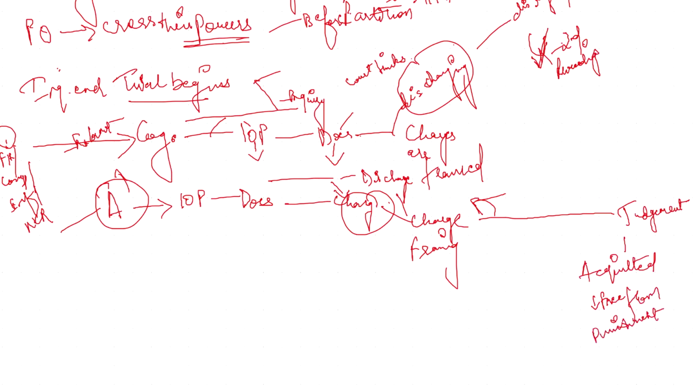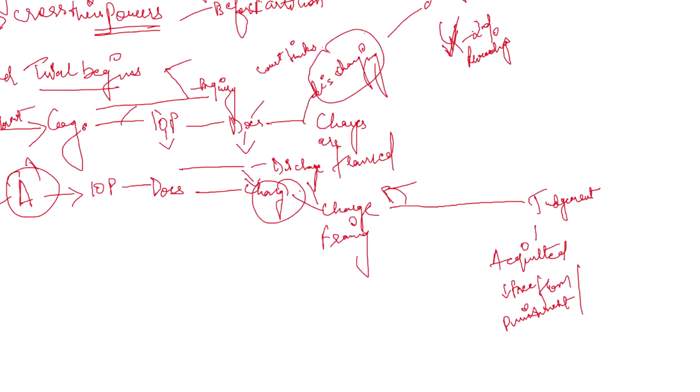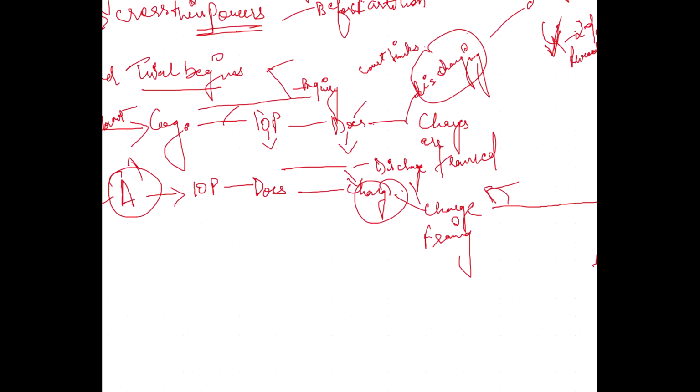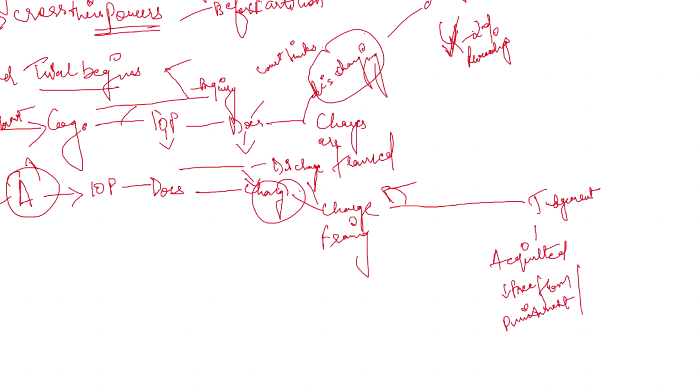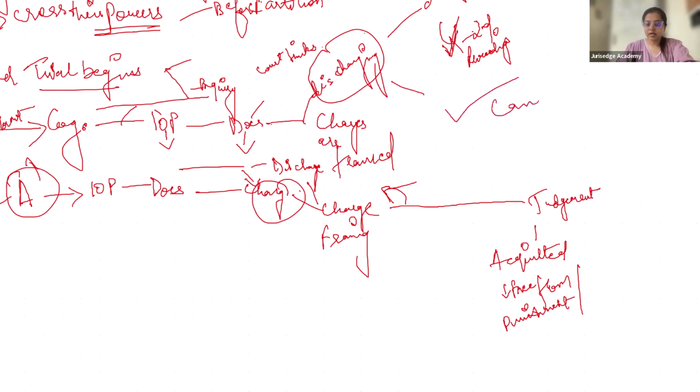Ma'am, I have a doubt. When you said that when you discharge an accused there cannot be any second proceeding against the accused, does it mean that if the court brings up the case again, it is fine, like you mentioned right now? If the person is discharged, first of all, there can be a proceeding against the accused. Can be, not cannot be. Here the second proceedings cannot be